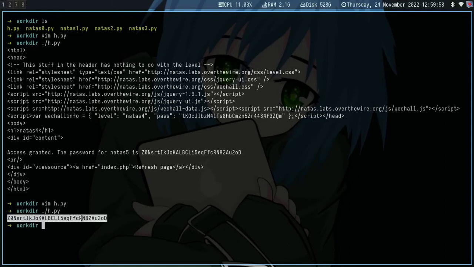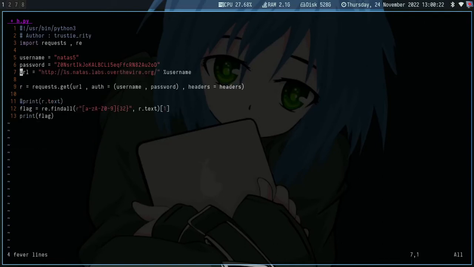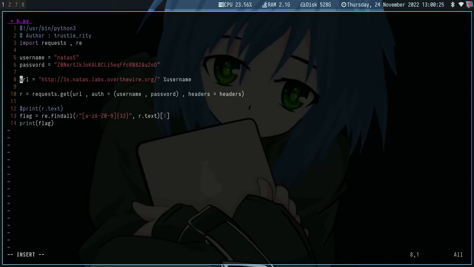Yeah, and we get the password for Natas 5, so let's copy that to Natas 4 and change that to Natas 5, delete this one, and include the new headers. Then we can delete that one because we really didn't need the dictionary this time. So the next thing we want to do is delete from there, and then format that too. Then at this stage you don't need these two guys here,